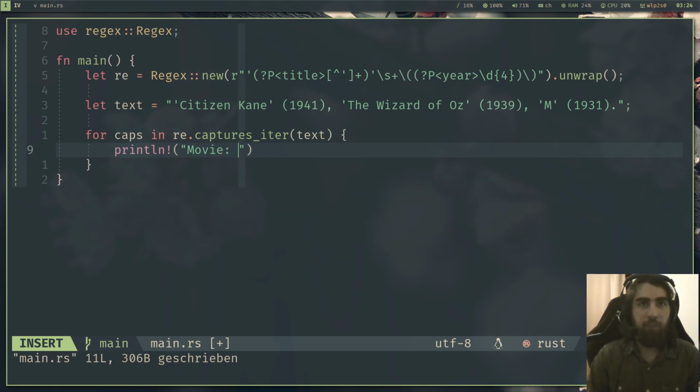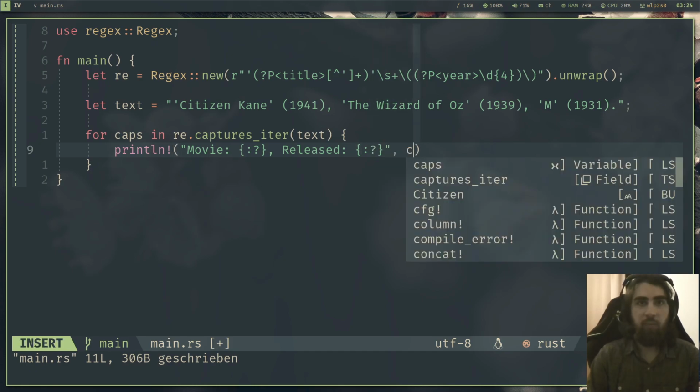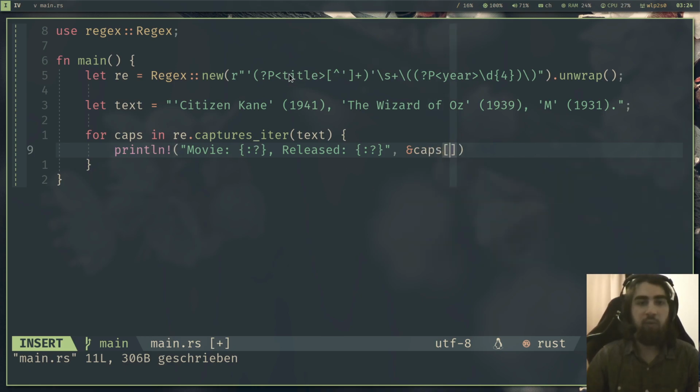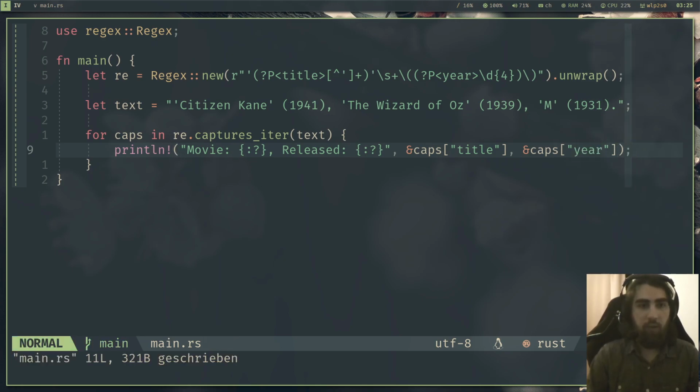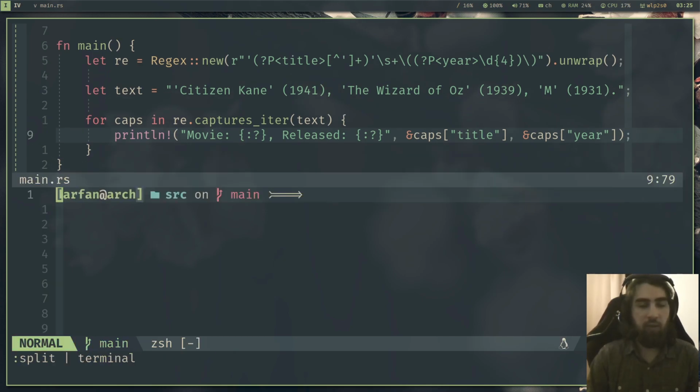Then what we can do is print line movie, and let me actually do it like that, and released like that. Then as arguments we pass caps, and again we use the same regex pattern, so we can again use these names or variables, if you will. Caps here. And now if I run that,